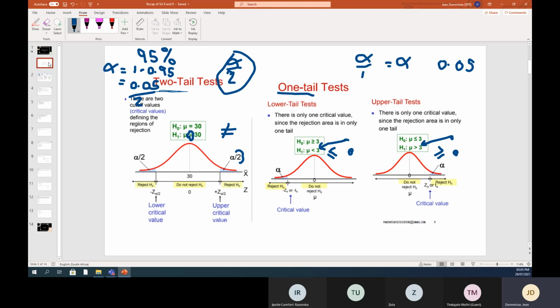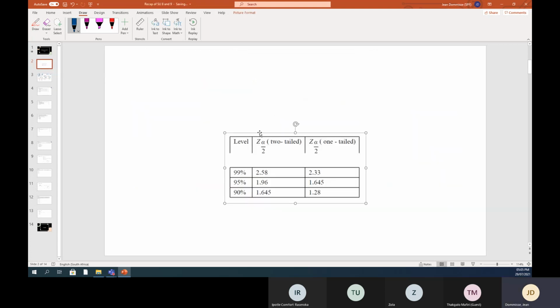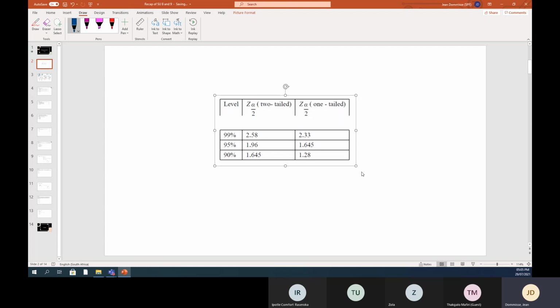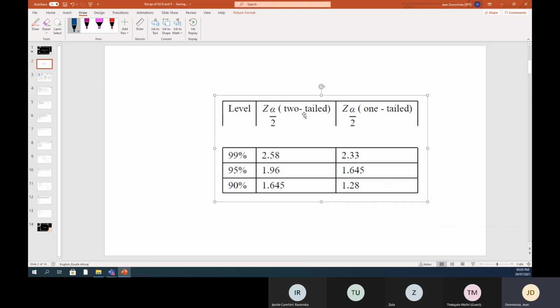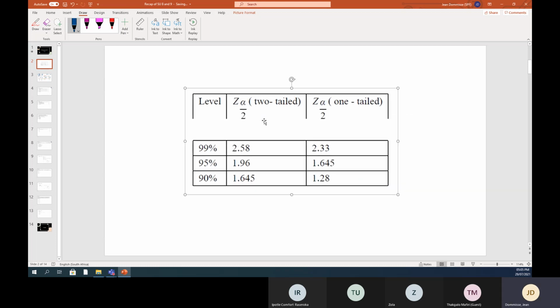The other thing that I included in this, and this is in your study guide as well, but it's easier if it is also with the two tail and one tail in the presentation. So when we look at confidence intervals,